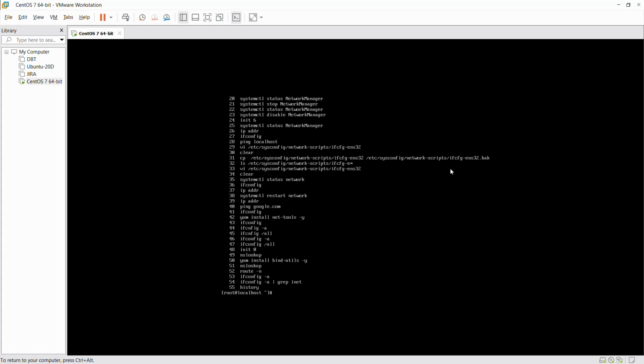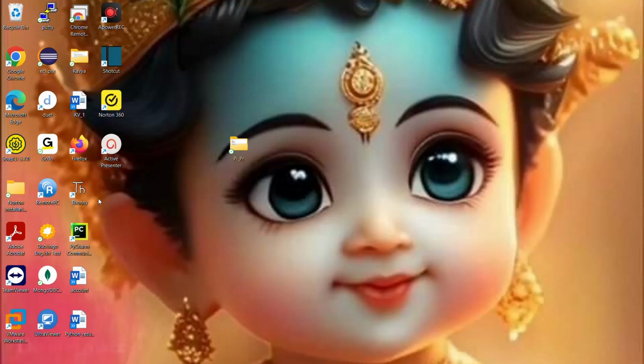See, what will happen is, suppose I don't want to type all the commands, but I would want to copy and paste the commands that are available.